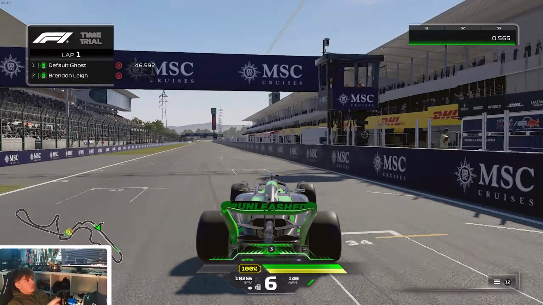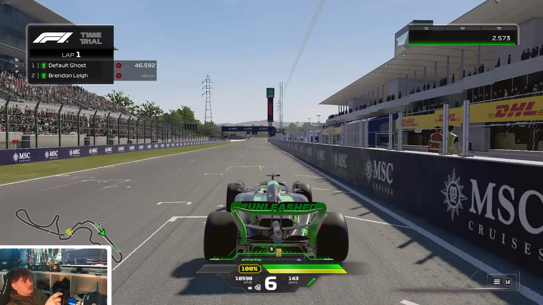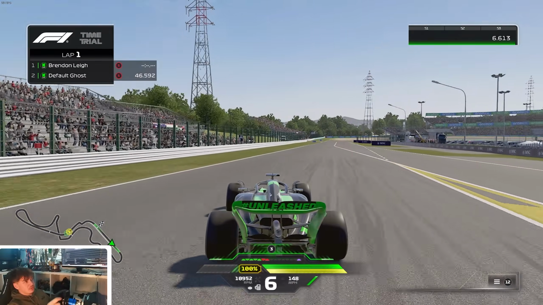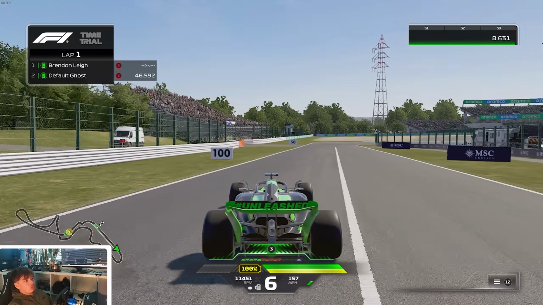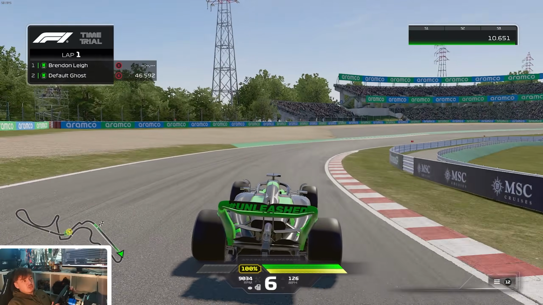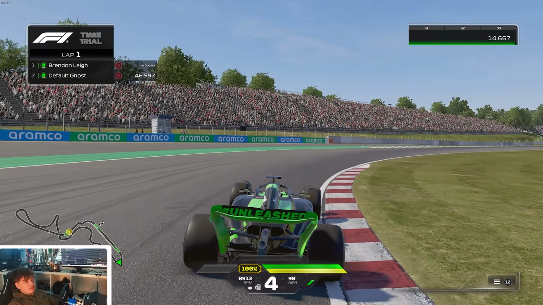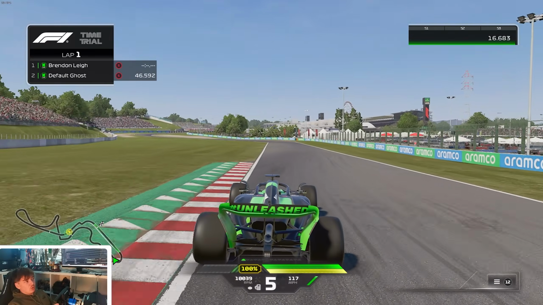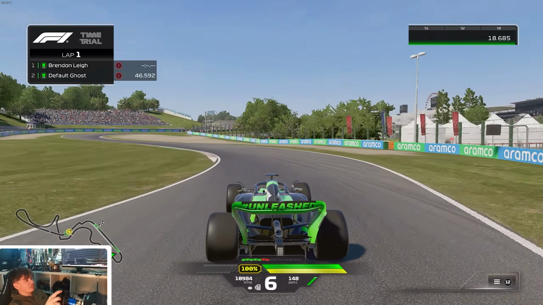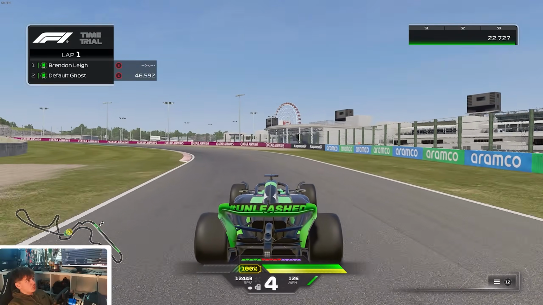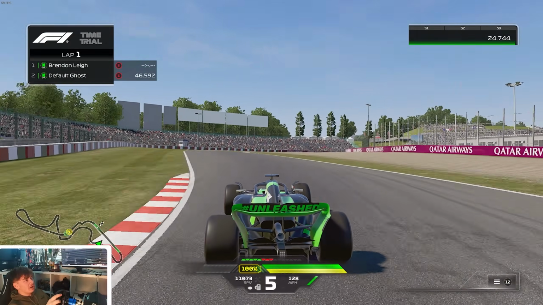You can see when we turn to the left, the car gets thrown to the right because of the G-forces, and effectively the softer your suspension is, the more the suspension will move. And the downside to the suspension moving in a ground effect Formula 1 car is the floor can start touching the tarmac, can start touching the road, and this will lead to a stall of airflow underneath the car, leading to